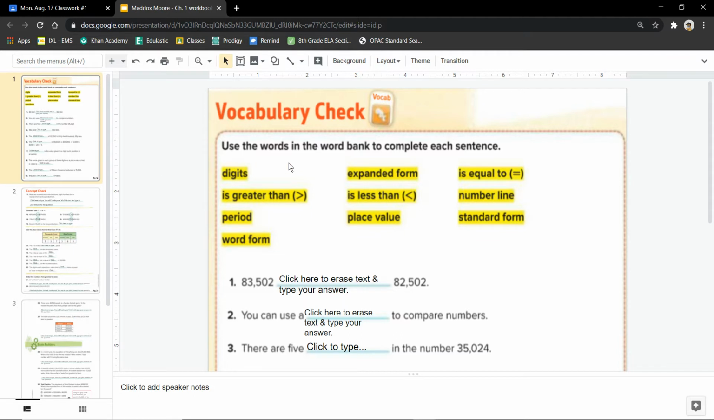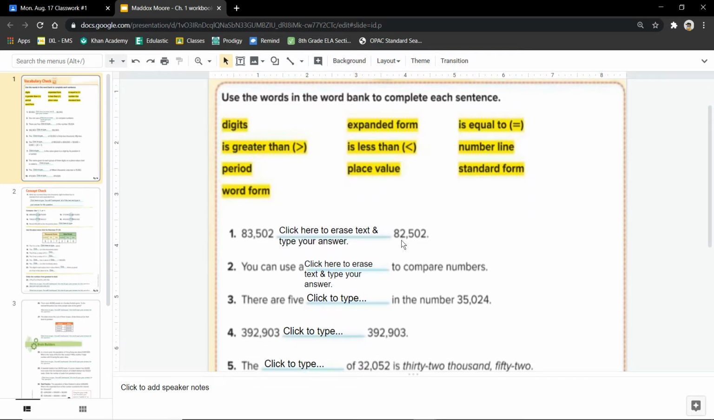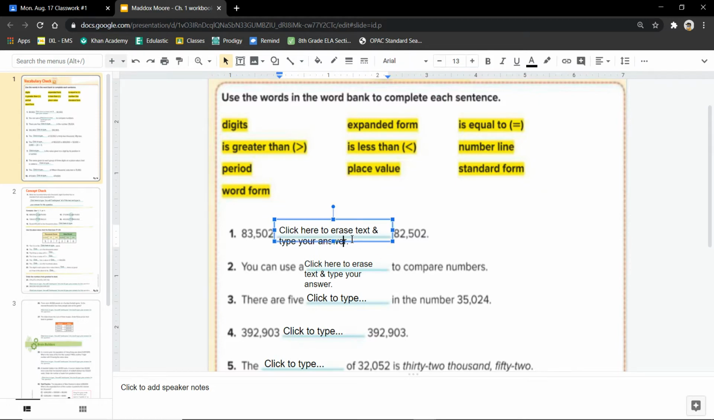So I'm going to read the instructions. Use the words in the word bank to complete each sentence. So this is an actual page from your workbook. Now, here's the thing: in order for you to be able to type in each of these boxes, you have to click. Now, I only want your answer. I don't want to see what I've typed, just because I had to type it so you could see where to type. So the first thing you're going to do is drag, and we're going to erase, and we're going to read